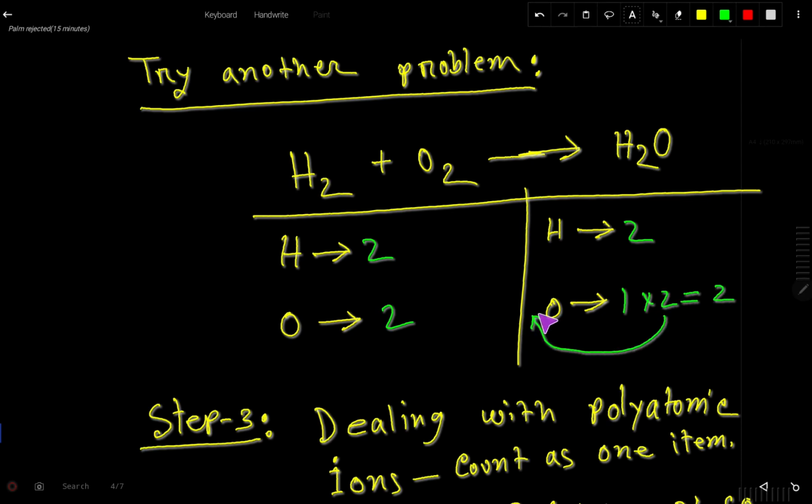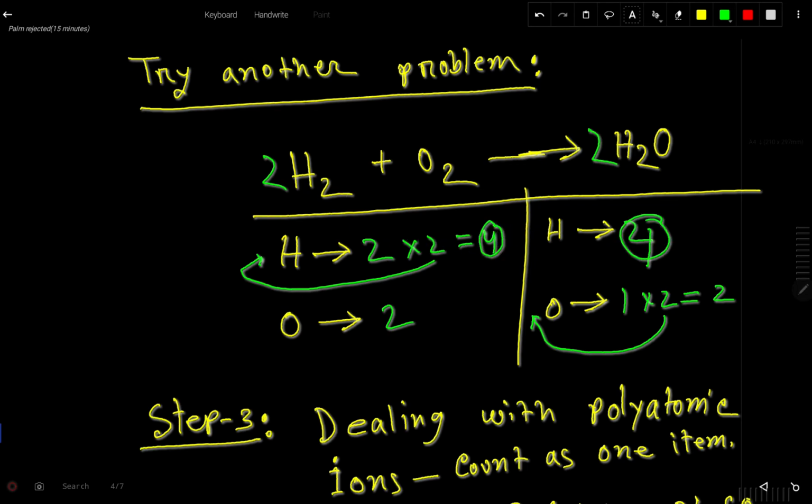This 2 must come before this oxygen, that is here. If you place 2 here, the number of hydrogen will be 2 times 2, that is 4, and the number of oxygen is 2. So now look, oxygen 2 is balanced, but now hydrogen is imbalanced. So we need to balance the hydrogen. Here 4, here 2, you need to multiply by 2, that gives you 4. This 2 must come before this hydrogen. So 2 times 4, 4. 4 hydrogen, 4 hydrogen, 2 oxygen, 2 oxygen. So this is the balanced equation.